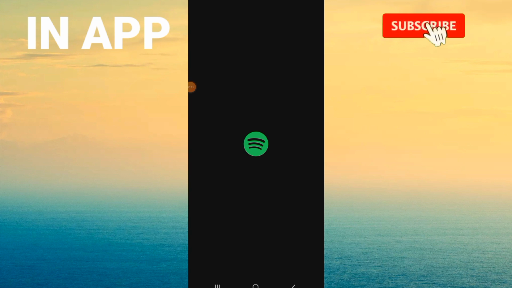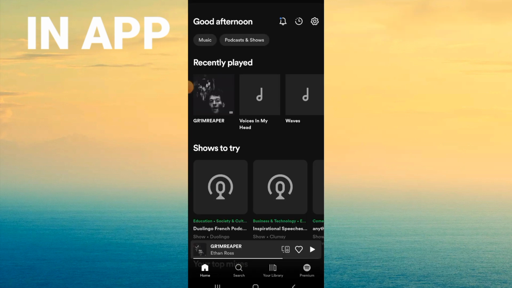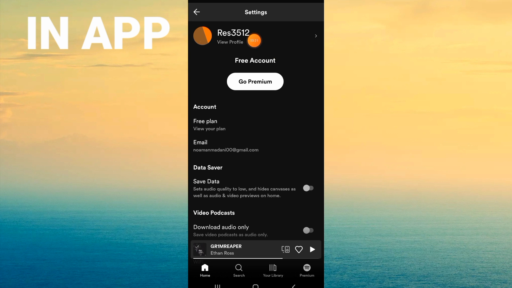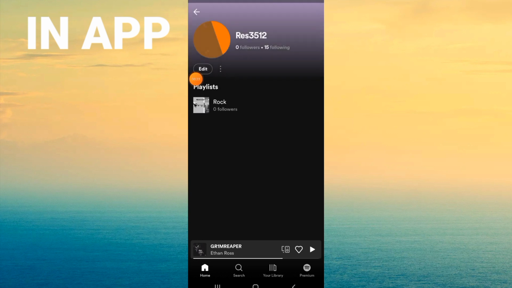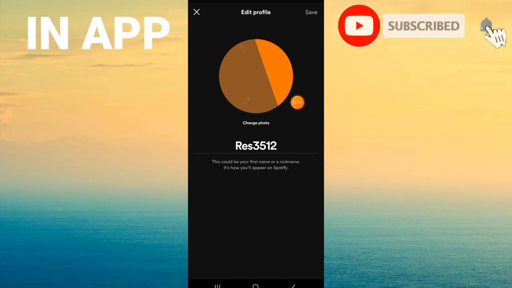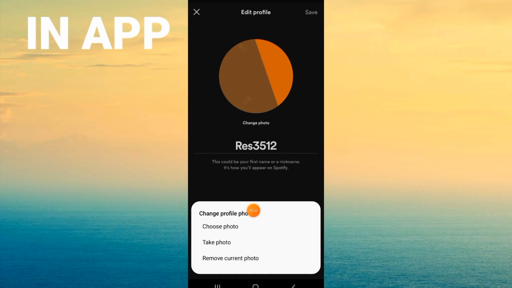So first guys, you have to go and open your Spotify. It will open direct on your home page. Right now, come to your settings and go directly here, click on it and click on edit. So right now on edit, we'll find here change photo, click on it and you will click choose photo or